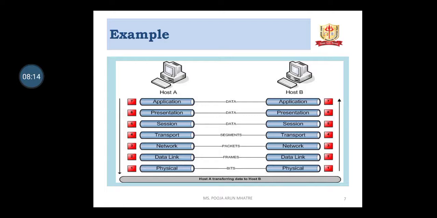So here the data exchange from host A to host B is in the form of the OSI model. The sequence of layers at the receiver side is bottom to top, and at the sender side is top to bottom. Each layer is supposed to handle a message or data from the layer immediately above or below it. This is done by the protocol rules. The layer takes the data from the adjacent layer and handles it according to the rules, and then passes the processed data to the next layer on the other side.